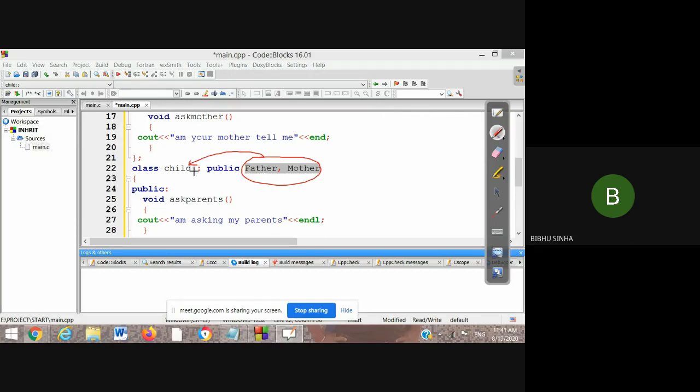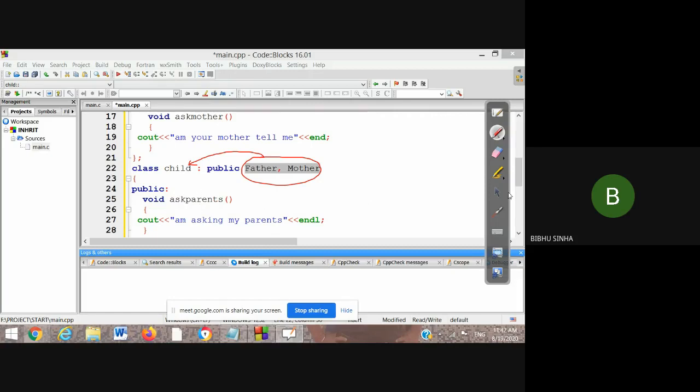Multiple inheritance means what? We are using more than one class. Means इसका भी features और इसका भी feature हम child class में ले रहे हैं, implement कर रहे हैं. Clear है? तो हम बोलेंगे कि फादर और मदर का जो फीचर्स है वो चाइल्ड क्लास में आ गया. तो हमने क्या किया, एक से अधिक क्लास के फीचर्स को एक चाइल्ड क्लास में इन्वॉल्व कर दिया, राइट? इनहेरिट कर दिया। तो इसी कॉन्सेप्ट को हम लोग बोलते हैं मल्टीपल इनहेरिटेंस। Now what is happening here, that is the father and mother's features are available here also, and the child class features are also available.